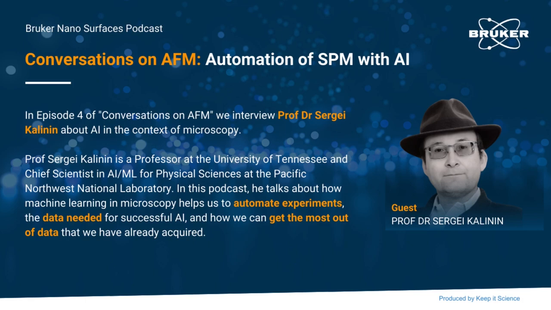So this is, again, an excellent question. And there are multiple ways we can look at automation. From some perspective, imagine that we have a large sample, for example, a wafer. The AFM scanner range is limited. So how about we use an AFM to simply take a dense mesh of images, so we map the whole surface of this wafer. You can argue that this is a simple form of automated experiment as well, but if you think about it, something seems to be limiting in this type of definition.